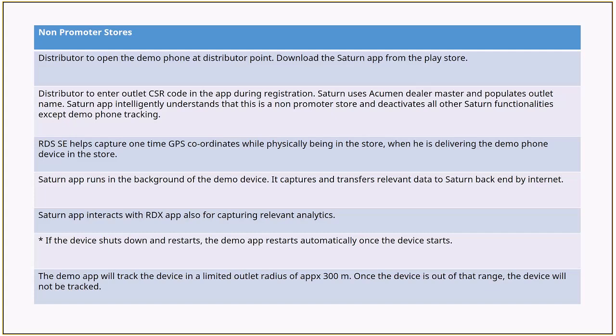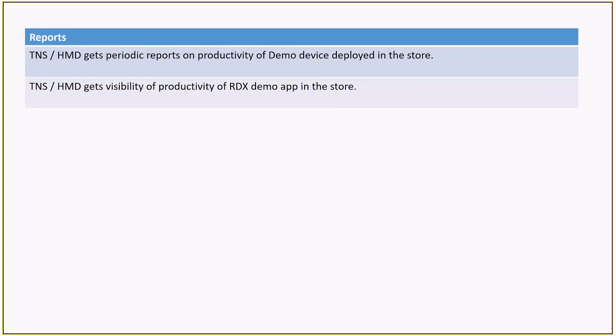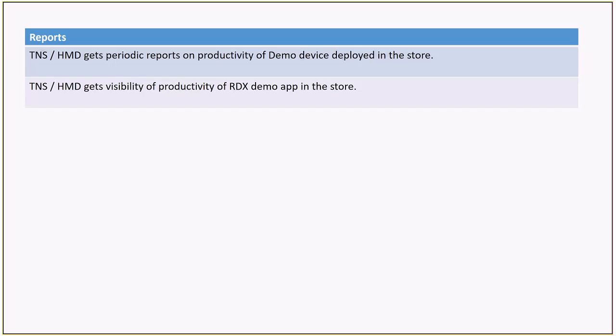This, like I spoke earlier, keeps track of the phone only in the 300 meter radius of the store where the GPS coordinate is captured. Once it is outside that radius, we stop tracking the phone. The data that is churned out from this app is then used for generating reports for the head office team. And like you already know that there is